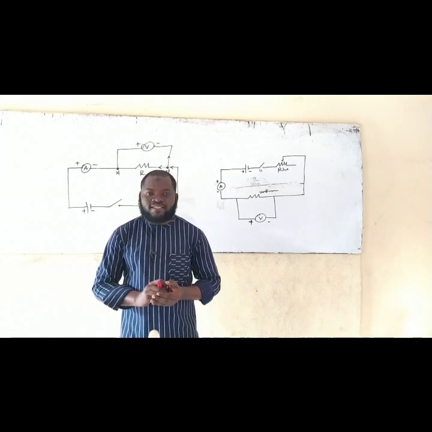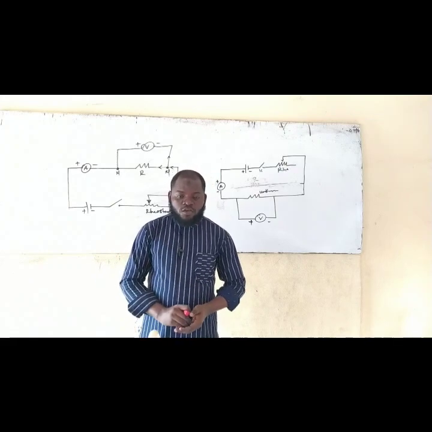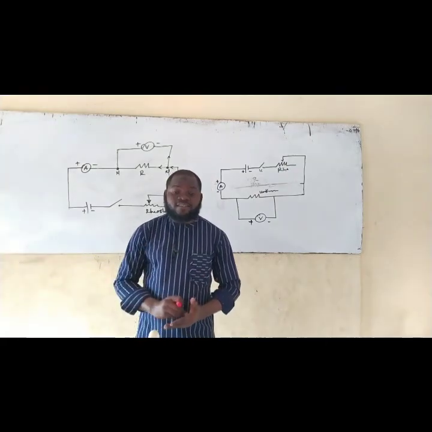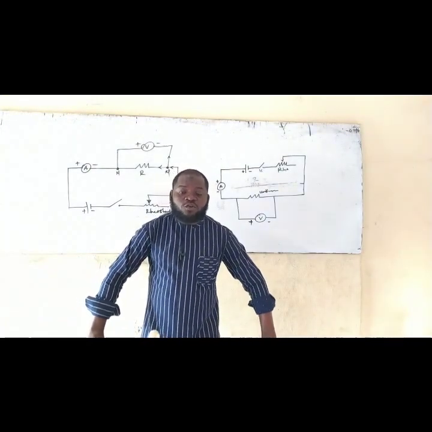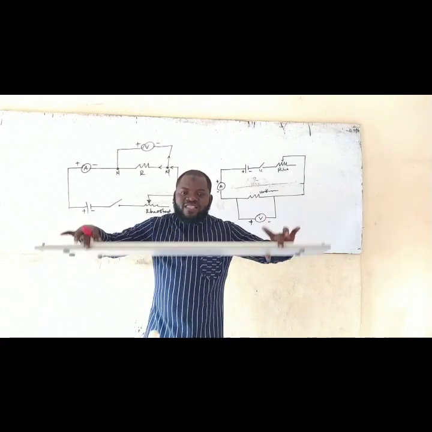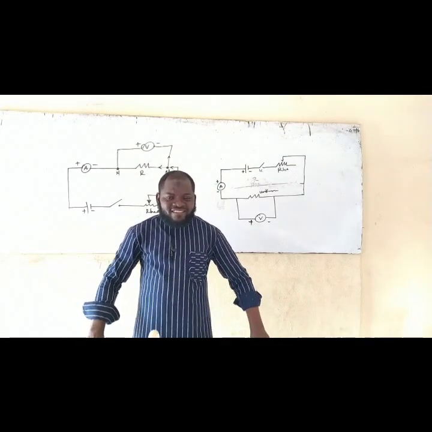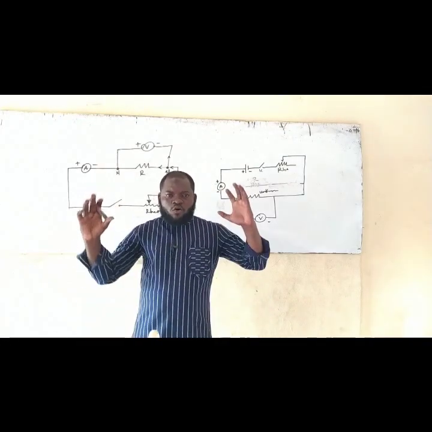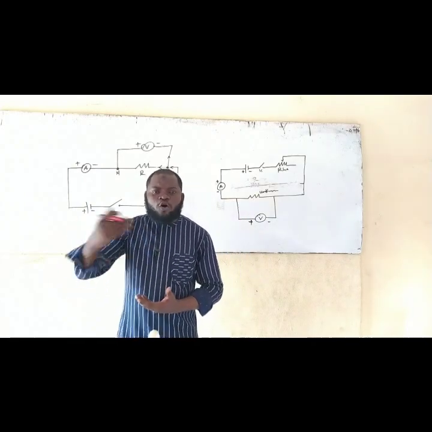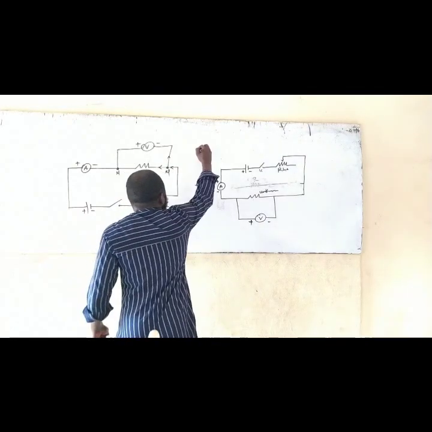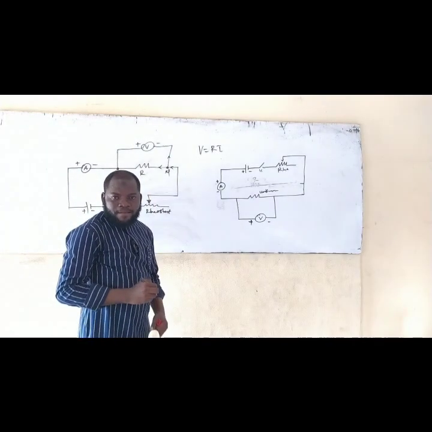You need to understand that anything that affects resistance is going to affect Ohm's law. So what are the factors affecting resistance? One of them is the length of the conductor. So trying to test the length of the conductor, that is where the meter bridge comes in. Are you getting this experiment right now? So you are still in the realm of verifying what? Ohm's law. So you can predict and tell if your reading is correct or wrong, because you already know that Ohm's law is V equals what? RI. Am I making sense now?